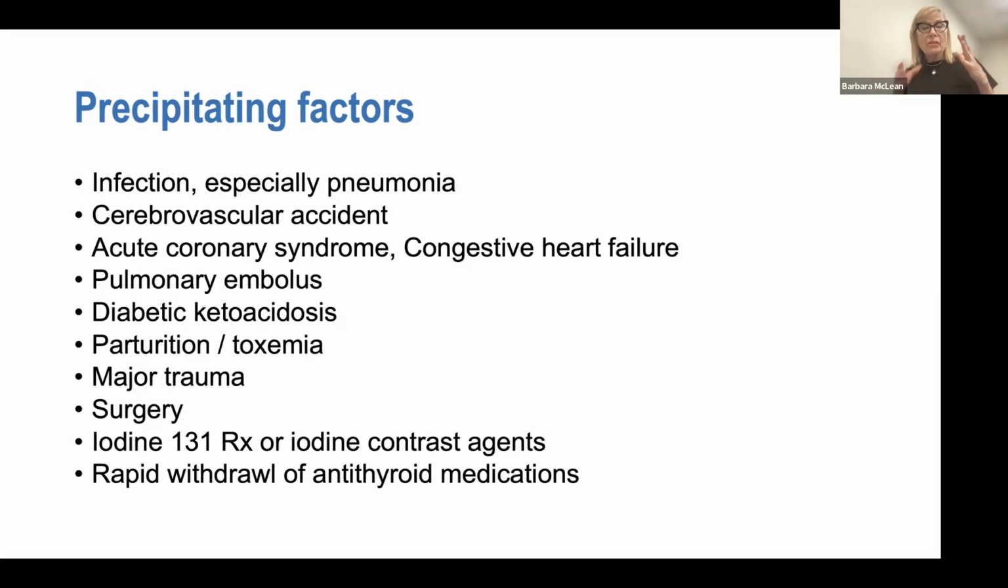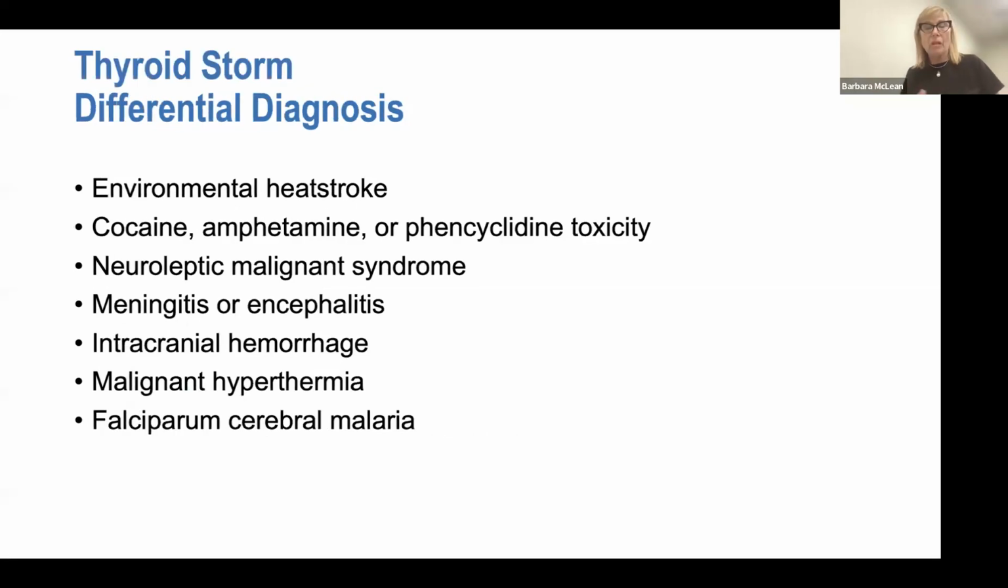And you can see from this list, they come in, we think they've had a CVA, we think they have heart failure, they've had an MI, they have a PE. We have to think about all these things that might be precipitating their thyroid crisis. And now the diagnosis has gotten very muddy. So these are not patients that are treated in the ED because of their significant presentation. So again, we think about that differential diagnosis. Are you on methamphetamines or cocaine? Do you have NMS, neuroleptic malignant syndrome, meningitis, intracranial hemorrhage, malignant hyperthermia, or, by the way, oh my God, something